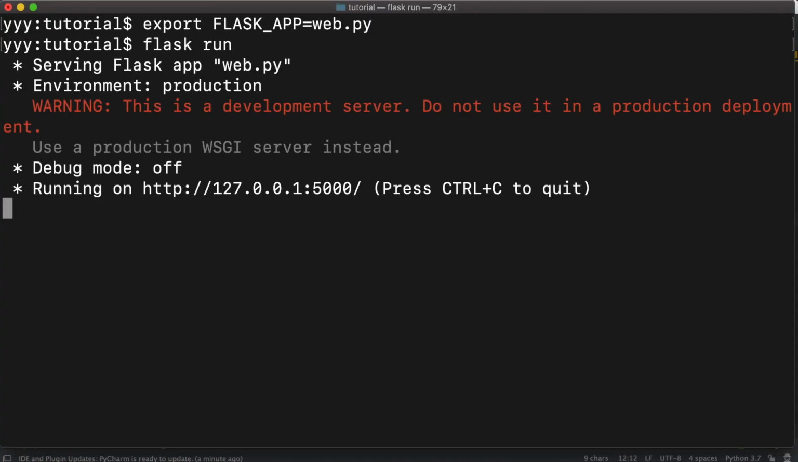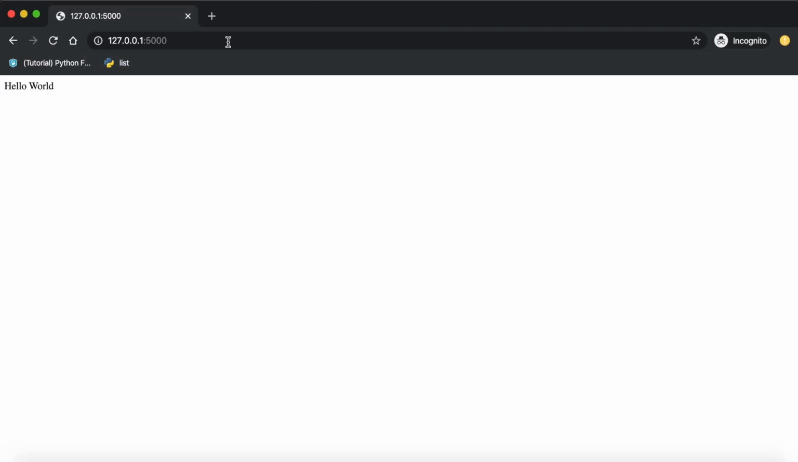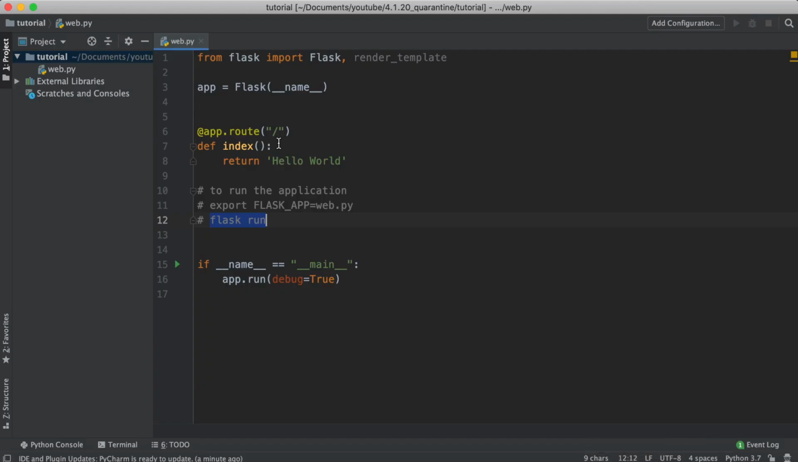Okay, so once we say flask run, we'll see that this is running on our localhost at port 5000. So if you copy and paste that and open a new window, and go to that URL, you'll see that it says hello world. And if we try changing that bit to, let's say, subscribe to Y cubed, and we save it, we